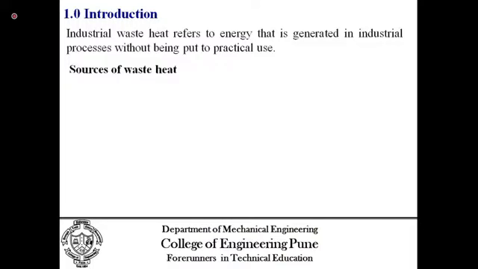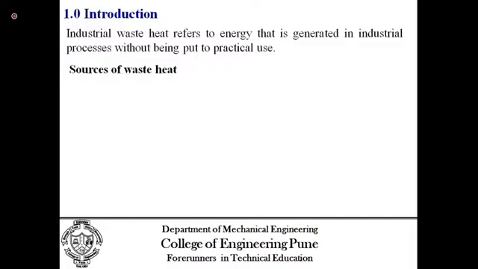Which are the different sources of waste heat? Definitely, everyone can at least highlight 3 or 4 sources of waste heat. In the boiler, the smoke is a waste heat. Even in our two-wheeler that we use, the exhaust is also a waste heat. In domestic use, we use hot water, and then that hot water is released to the atmosphere. It is also a waste heat. There are certain finished products, but they are initially in a very hot state. They are allowed to cool down. So this is the waste heat.